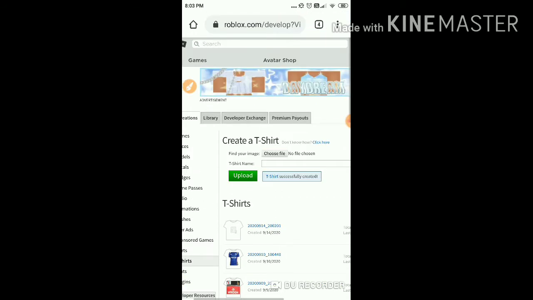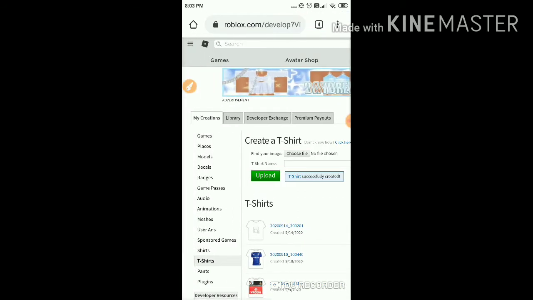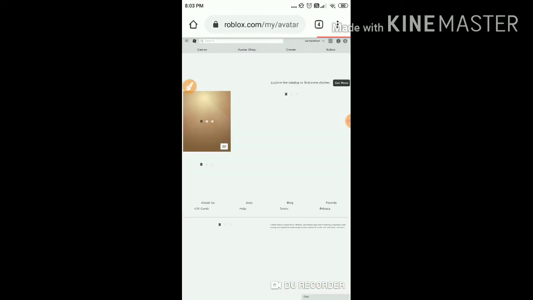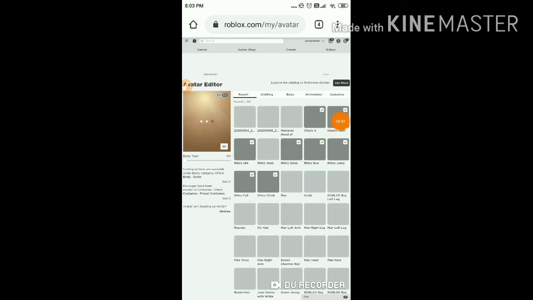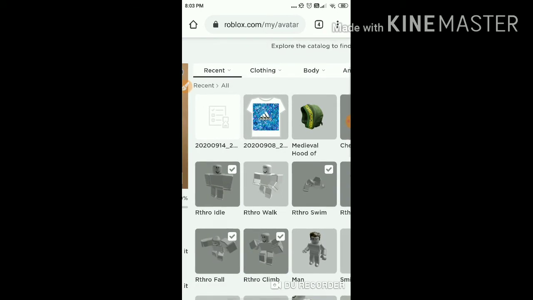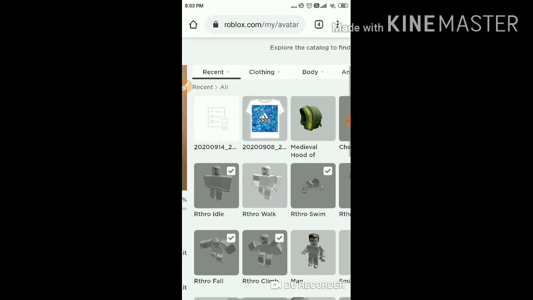After that, guys, you have to do another important setting. Just click on these three lines or three dots, you can say, and click on this avatar option so that you are redirected to the avatar editor. After you come to the avatar editor, the trick is that we have to go to skin tone, and you know how to go: click on body and click on skin tone. But if you try the normal way, click on body and click on skin tone, it will not work. See, guys, but I came with a trick.